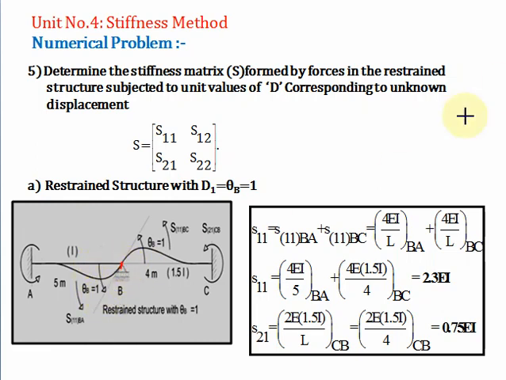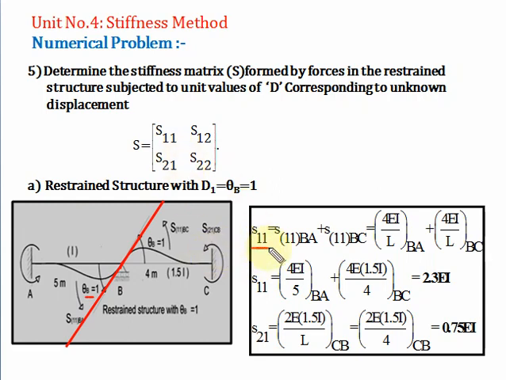So here I'll draw this line, it is not visible. Okay, so this is the one line and this is the another line. Now here we have given the unit rotation in anti-clockwise direction. This unit rotation, that is theta B equal to 1. As two members are connecting here, both members are given unit rotation. Now here I have written S11.